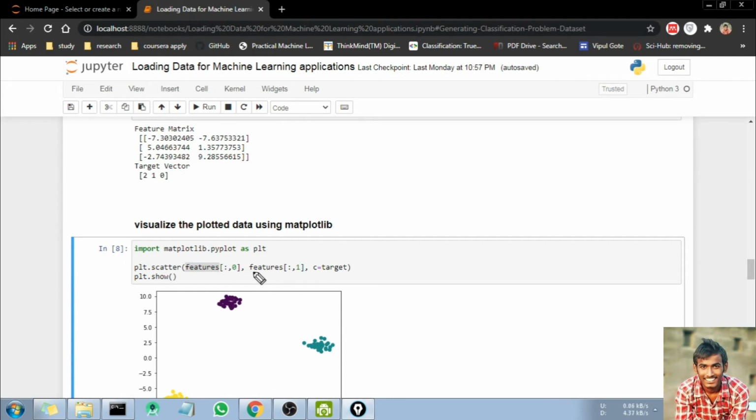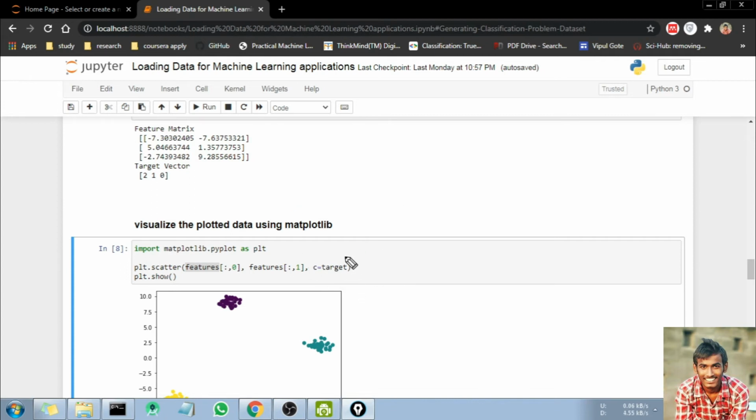For the y axis we are going to iterate over all the rows and select the first column. So all these values are plotted on the y axis and all these values are plotted on the x axis. The cmap is for choosing a different color for different targets.